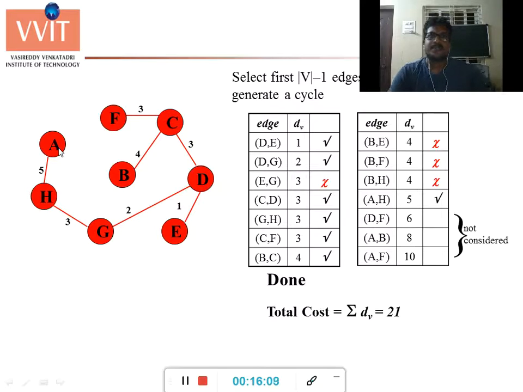That means let us take these vertices as the cities in a state, and you need to visit all the cities with minimum cost. These edges are nothing but the routes from one city to another city. So you need to visit all the cities with minimum cost, as cities represent the vertices and edges represent the distance from one city to another city.